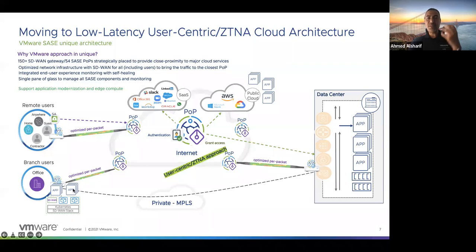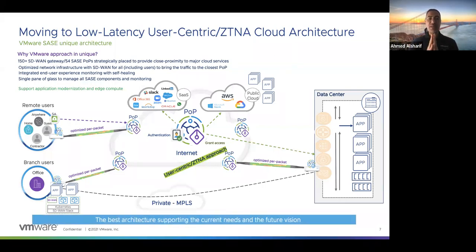These applications can be a subset of the main application that I talked about in the beginning. Those are the front end. Maybe I need to provide high-speed connectivity for the first web page that the customer is asking for. And then the back end can be in the data center or it can be in AWS. But I need to have this kind of flexibility. I need to be able, when I modernize my application, to put my cloud services anywhere. Who is providing me with that service? Who can provide me with one solution, one platform that provides all of these services together? That's what makes VMware very unique.